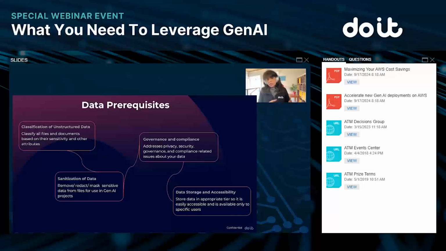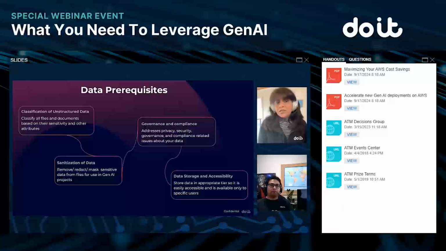And storing the data. If you're doing a POC or something, you want to store your data, or using your model, you want to store the data in S3 buckets, say closest to the region where you are training your model. So the accessibility is easier that way. So those are a few things you have to keep in mind. And I just can't really tell you enough about the compliance part of it, the governance and the compliance part. That is extremely important.